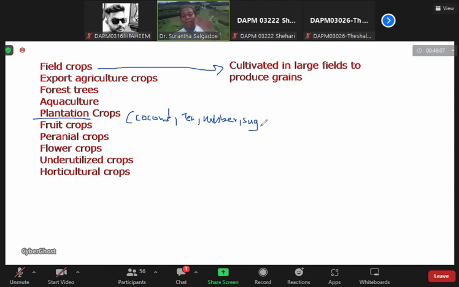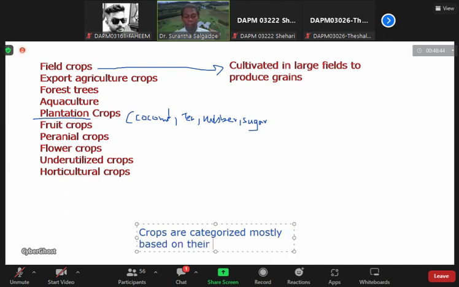Sometimes some people put it in the field crop, but as I said, it's for grain. So some crops are in the margin, they overlap. That's totally fine, because of the categorizing. Crops are categorized mostly based on their popular economical value and